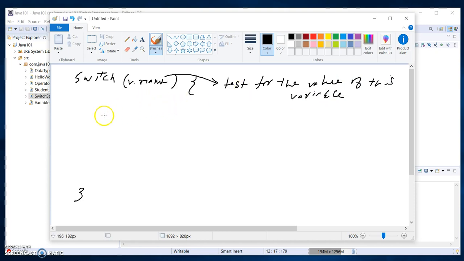How do we test? We use the keyword case first, and then the value of the variable, and then a colon. If this value of the variable is true, then it will execute